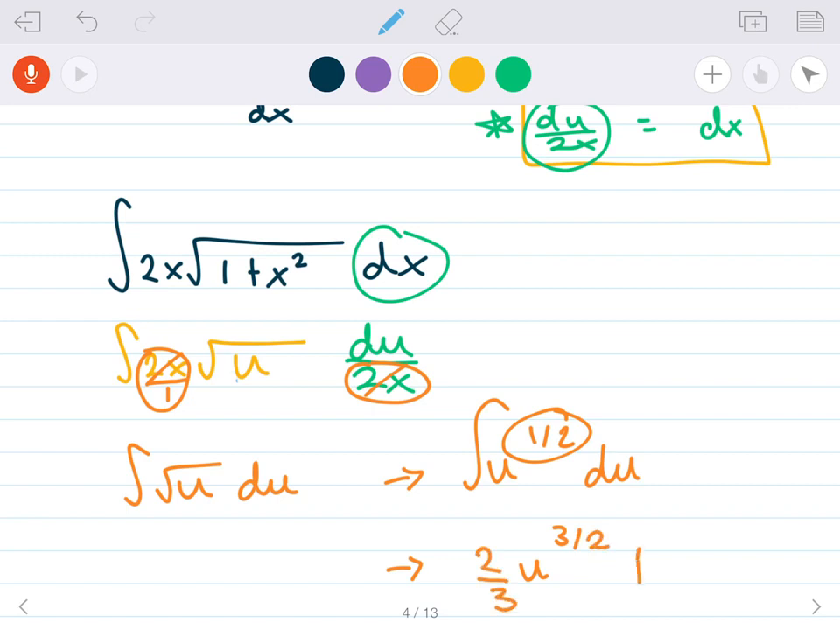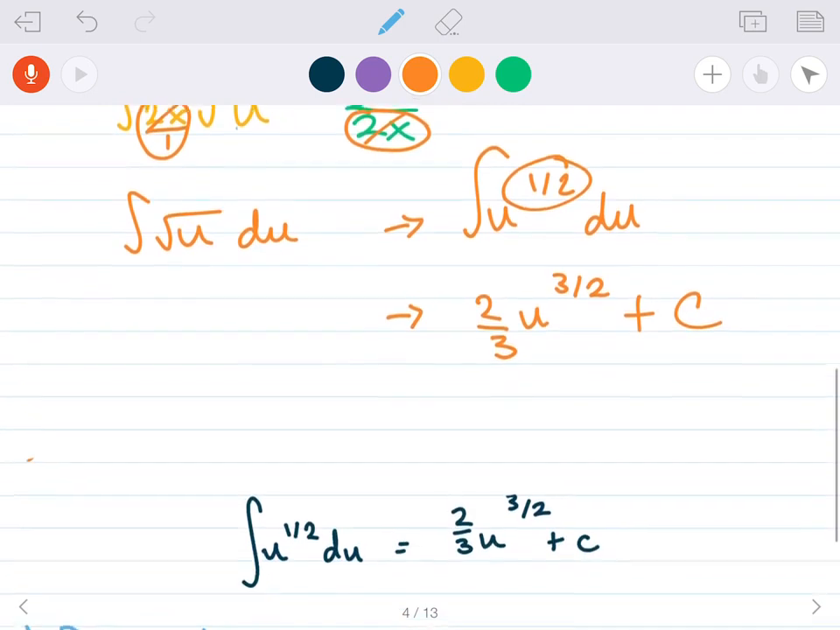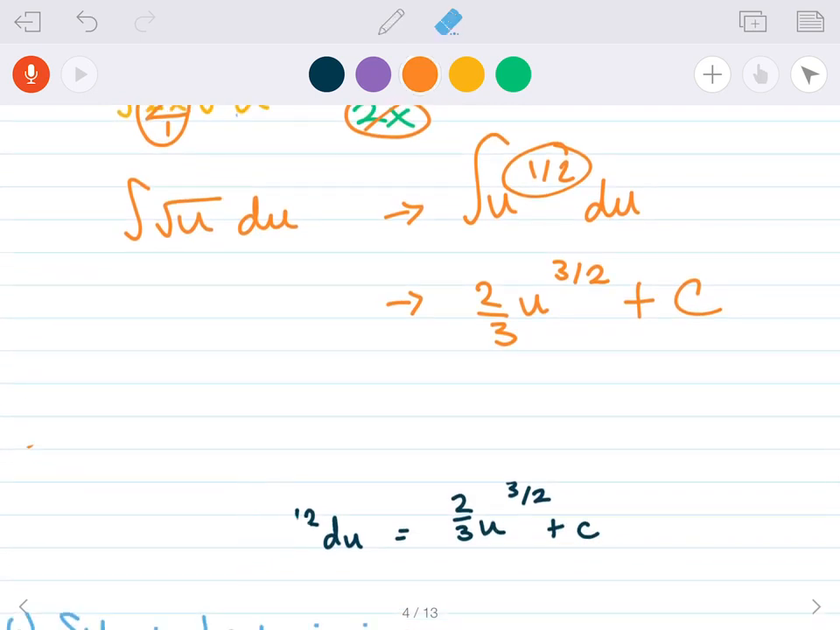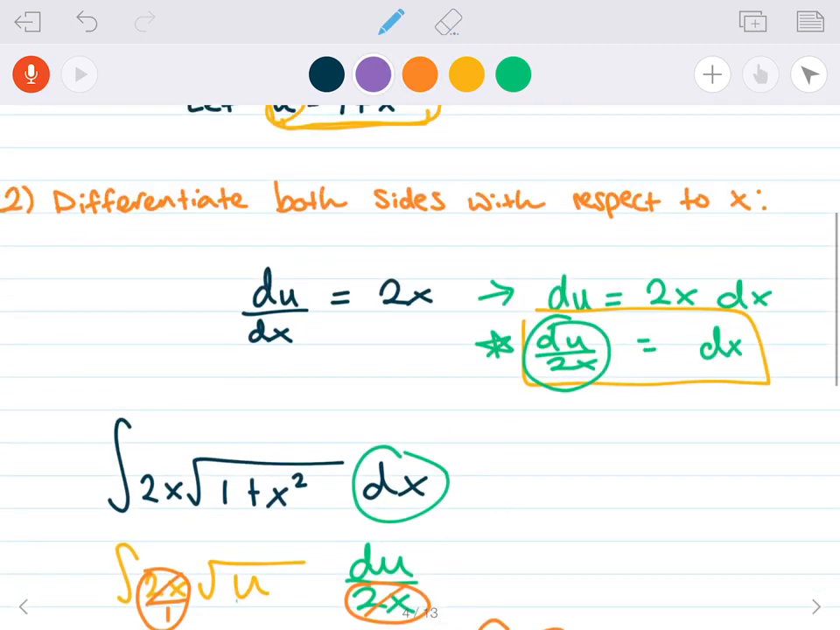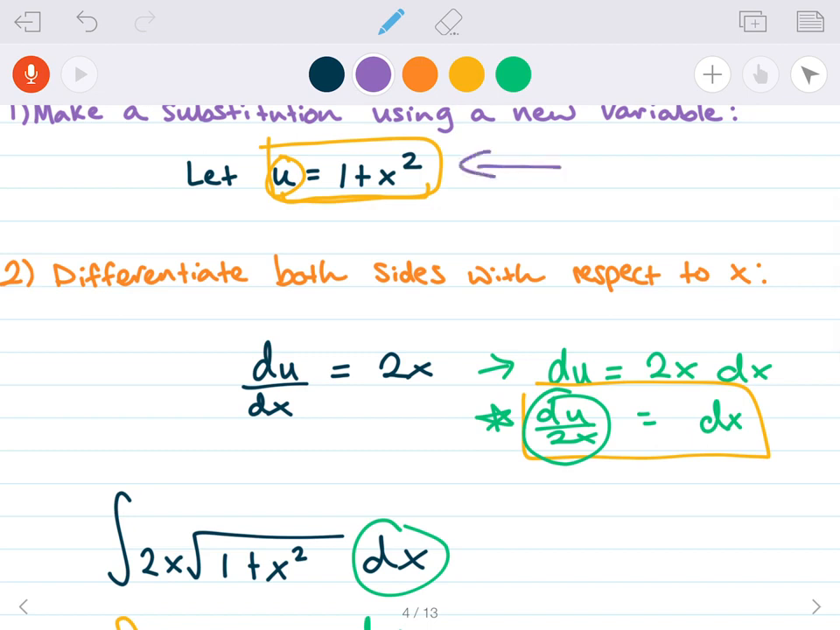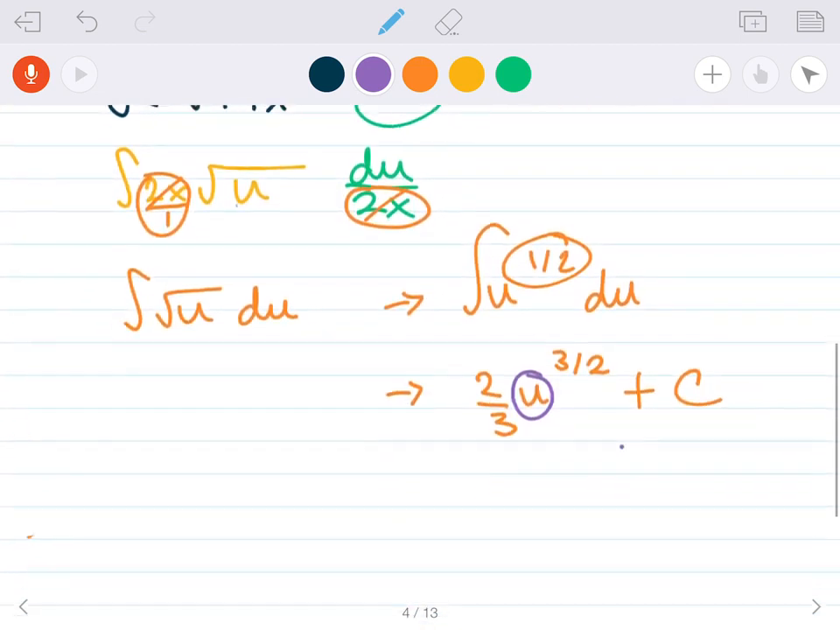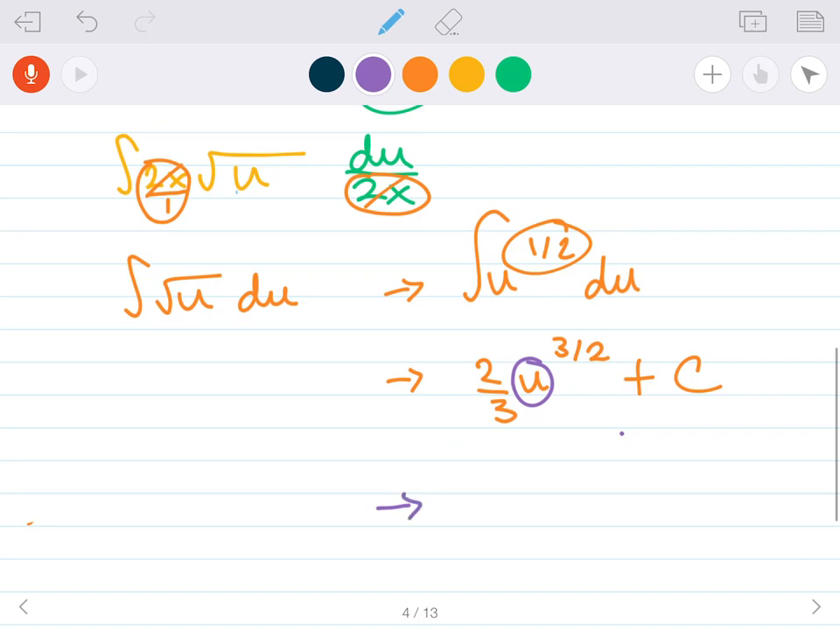And of course, since this is indefinite, I want to tack on that plus c right there. All right. And then here it is down here. Now, the last thing you want to do for these indefinite integrals is plug back in what u was originally. Remember, u was equal to this, 1 plus x squared. So I can plug that in here to give me a final answer of,